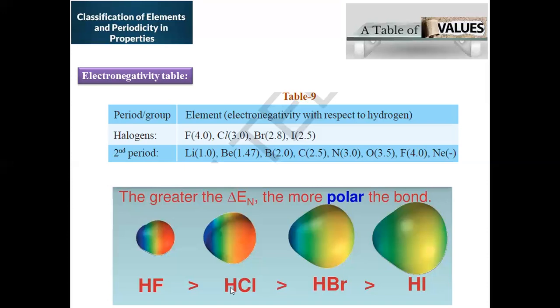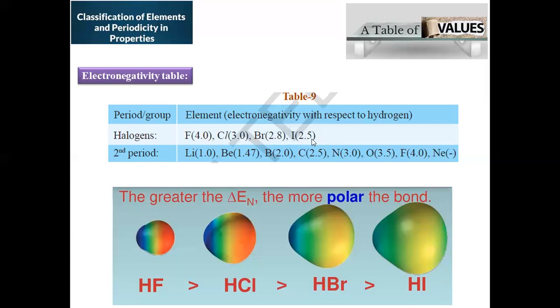HCl, being covalent, has a bond polarity that is a step lower than HF. In hydrochloric acid, hydrogen carries a partial positive charge and chlorine a partial negative charge. In HBr, bromine is slightly larger, so the polarity is lower: H plus and Br minus. And HI is almost the least polar in nature, with the bond more closely resembling a covalent bond, because iodine is the least electronegative in the group.